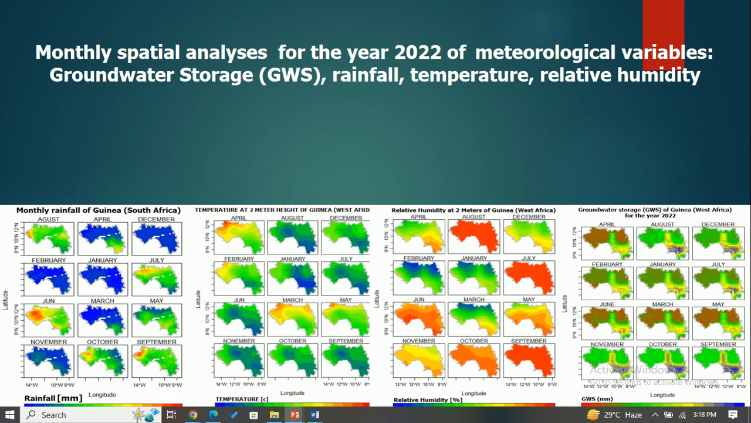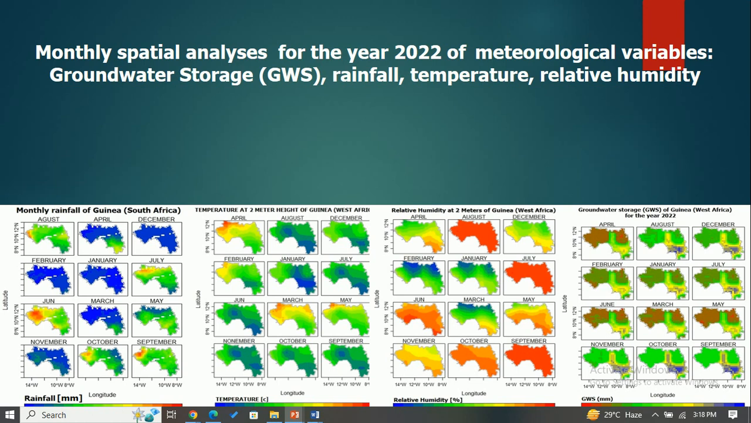This is the monthly spatial analysis for the year 2022 for the meteorological variables: groundwater storage, rainfall, temperature, and relative humidity. The primary focus of this study is shallow groundwater storage, that is the GWS. GWS is a catchment land surface product as a part of the Global Land Data Assimilation System. Especially, GWS denotes the water held below the soil layers and the soil root zone and above the bedrock, and it is calculated by